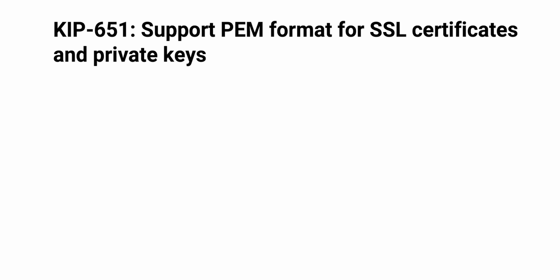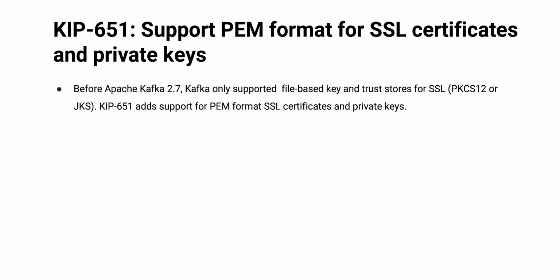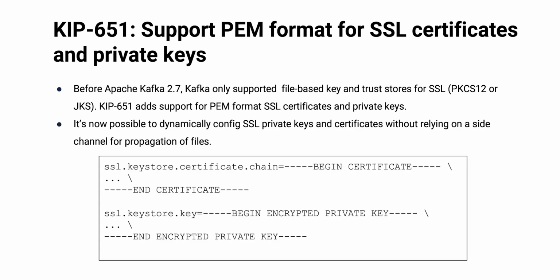KIP 651 gives us the ability to use the PEM format for certificates and for private keys. Historically, Kafka has given us PKCS12 and JKS, that's the Java key store, file formats as ways of storing certificates and key pairs. And I know you don't want to rush into these things, but we've added PEM support. And the super cool thing about this now is that just the PEM file basically can be the value of